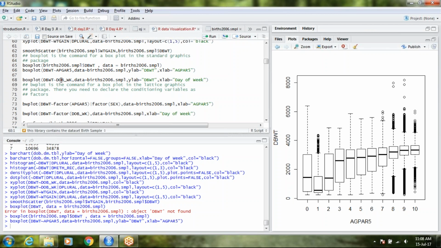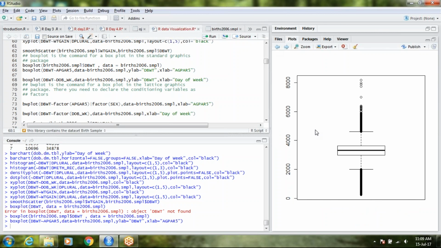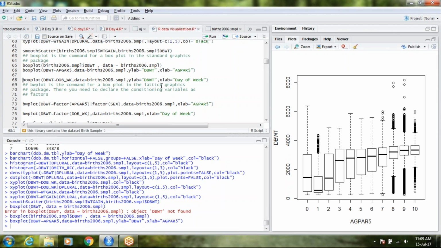So here, if I want to make a box plot on different levels, I just have to put a tilde between the two, and it will make a separate plot. One will be my y variable and another will be my x variable. In the previous case, I only had a y variable, as you can see here, so this was only a plot of my y. Again, I need to have different levels, so for that I can associate one of the categorical variables. Let's do it with the week that we have. So if I do it with different weeks,